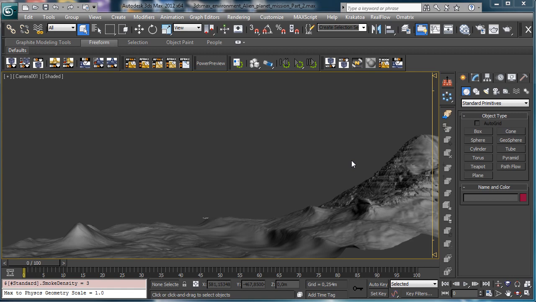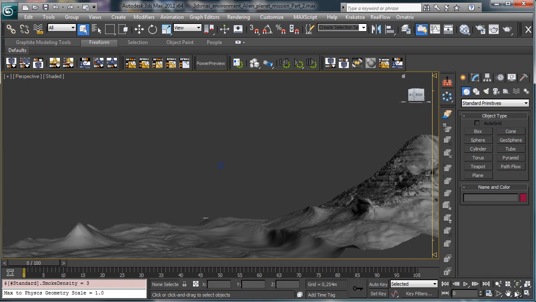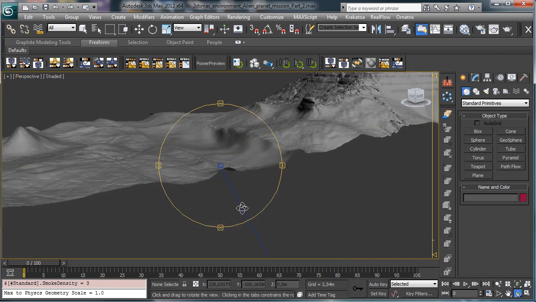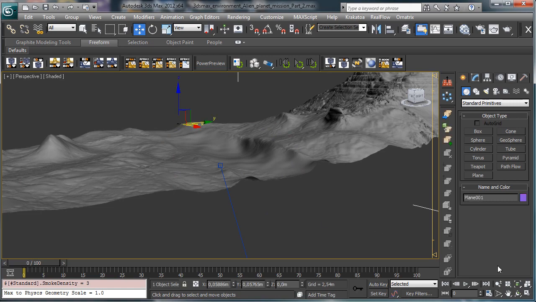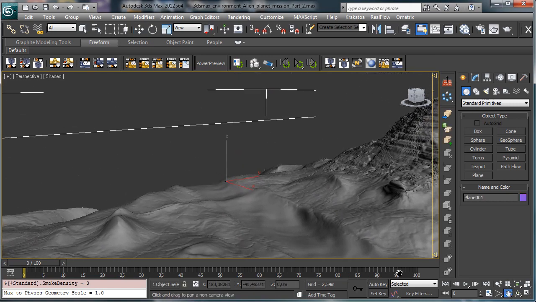Now we have to continue talking about the new series we are working on, I mean the Alien Planet mission. We have to continue modeling the stuff there and creating the environment, but I'd also like to start adding more details and maybe some lighting and some shading. So let's select the ground we created before, and we can, for example, imagine that we have another